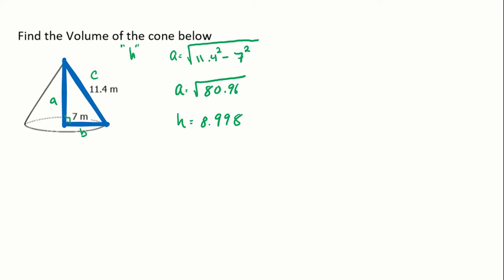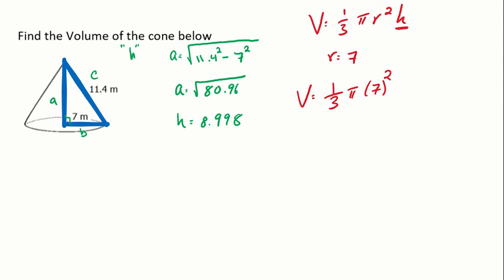And so remember, volume is equal to 1/3 pi, my radius squared, times height. So height is what we just found. The radius we already knew was 7. And so all that's left to do is simply substitute it back into my equation. So we have 1/3 pi, the radius, which in this case is 7, squared, times the height, which I found to be